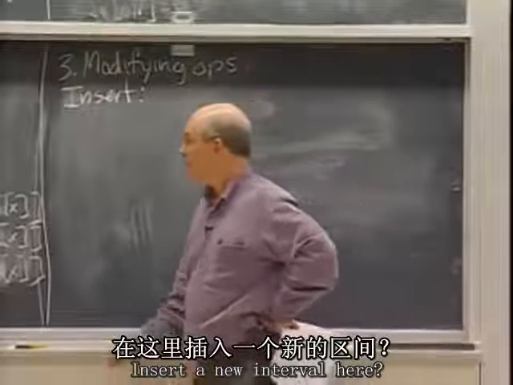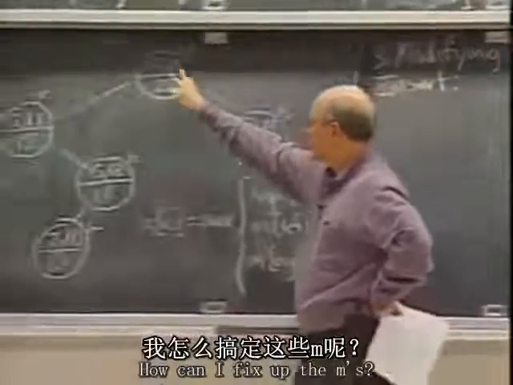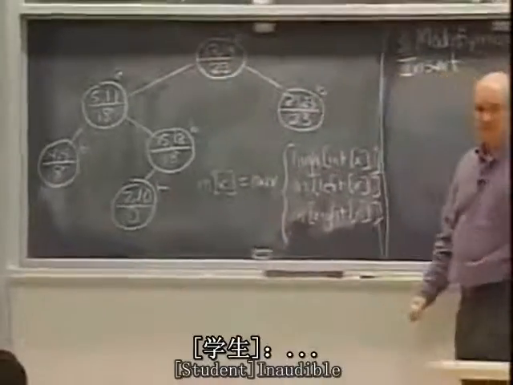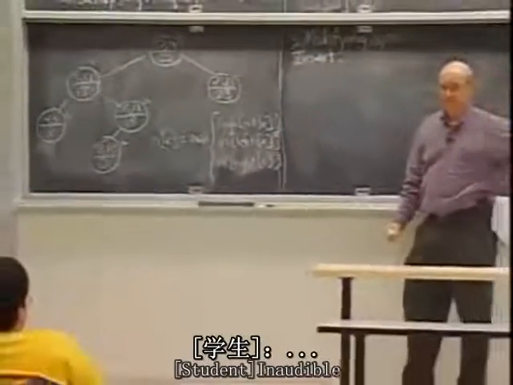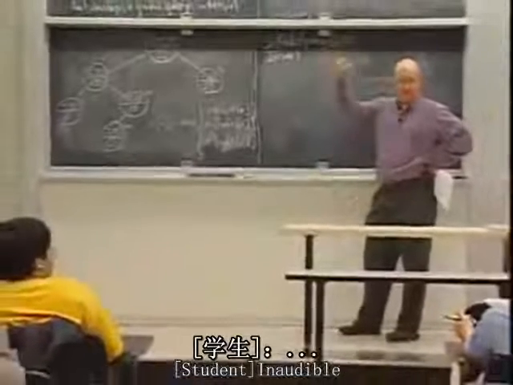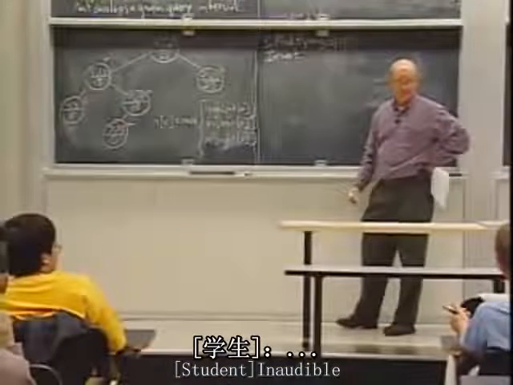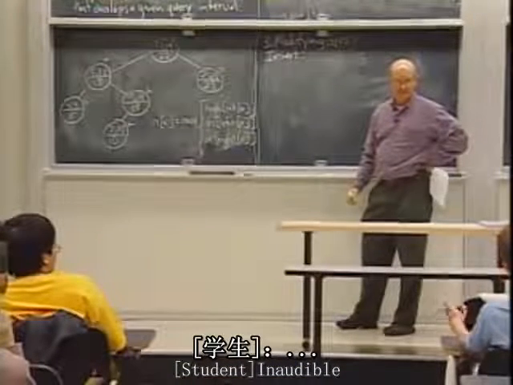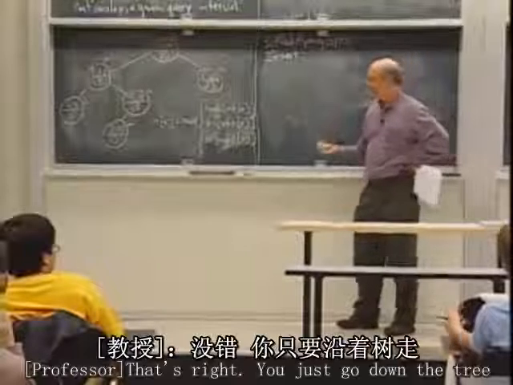Insert a new interval in here. How can I fix up the m's? As you go down, you just check to see if the max of the interval you have is greater than the current maximum. You change it up. That's right. You just go down the